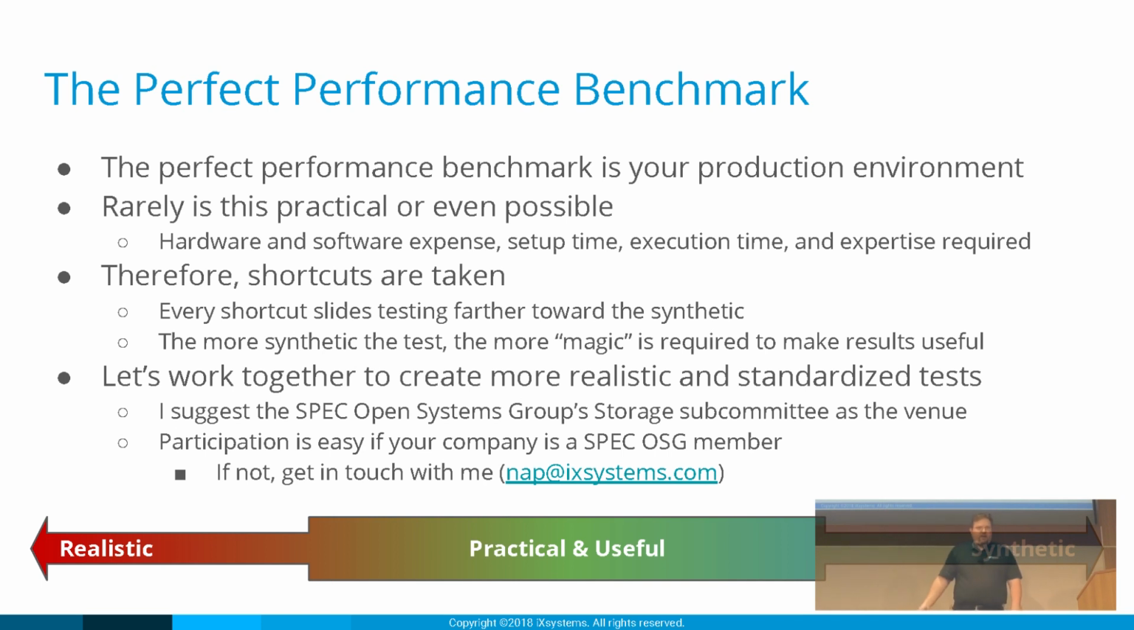Every shortcut we take slides us on this scale that I have at the bottom of the chart. So there's realistic on one side, which is your production workload, and then there's totally synthetic, which is like 4K random reads. You know, it's totally synthetic. Not that it's not useful. It is useful. But the more synthetic your tests get, the more magic it takes to make them useful for